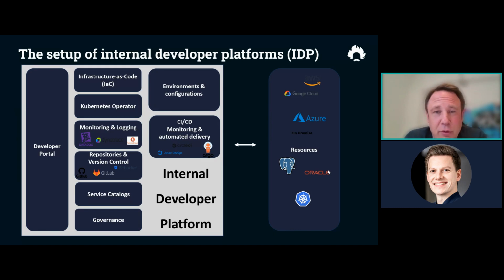You connect to your repositories for version control and for Git workflows. And another important element are service catalogs to have reusable templates and configurations that you can use for other projects, other environments, and simply clone them and still make sure that the right version is used,